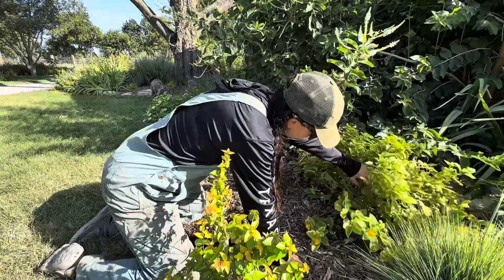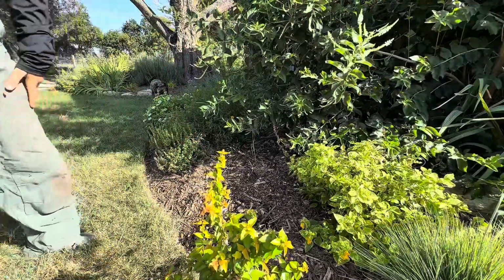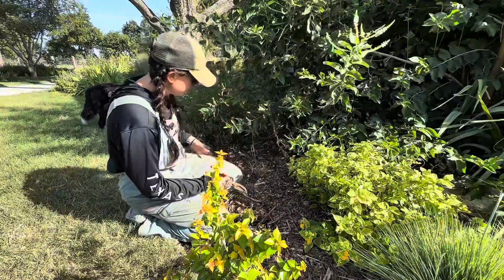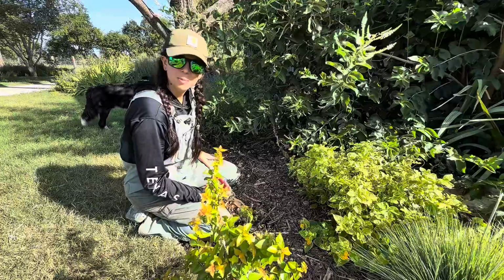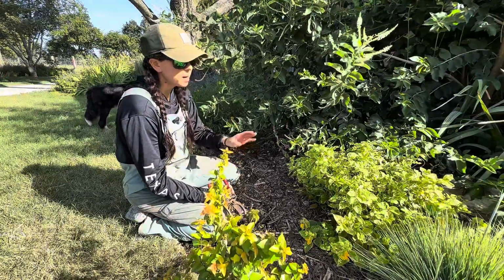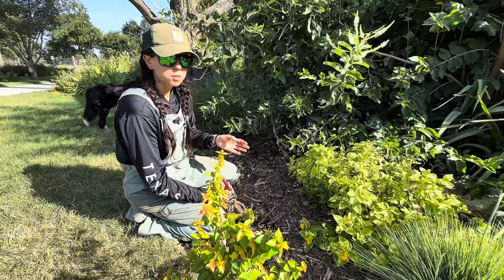Let's get this lantana out of here. Stand by, I need my pruners. Had to go get my pruners. Had to search for them. They're normally in my pocket. They were in the passenger floorboard of my car. I don't know. Anyway, we're gonna take out this lantana,